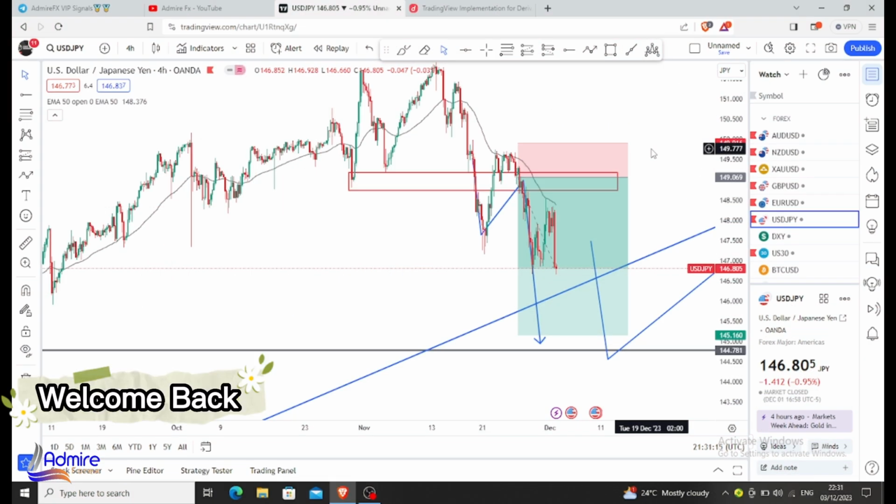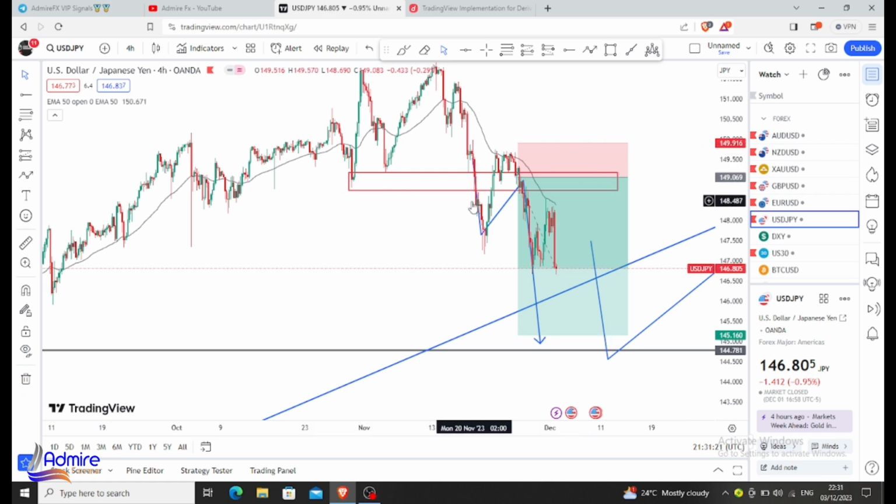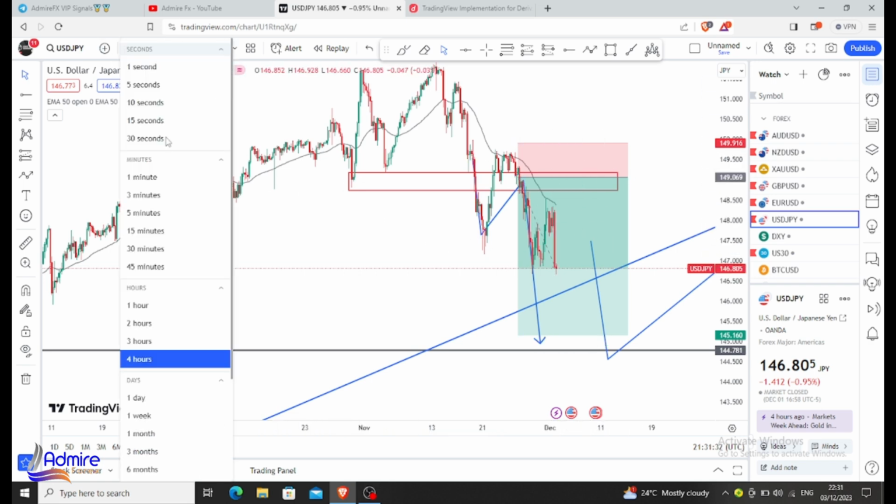Okay, welcome back. So that's it for USD JPY. So we were looking for price to break this area, break and retest of this area, and some other confirmations and a bearish retracement to the downside, which we had, and we had a very nice sniper entry. Okay, so our confirmations work.